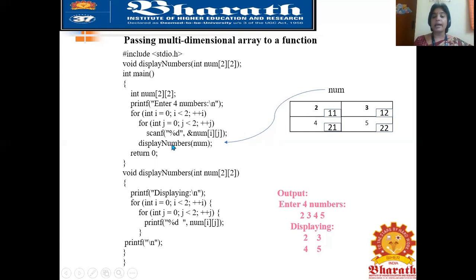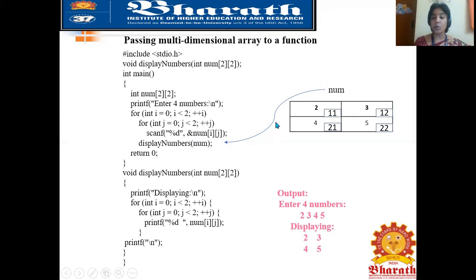Okay. Then after that, we are calling a function known as display numbers. We are just going to print whatever numbers are inside the array in the form of a matrix. For that, we are going to call a function known as display numbers. To this function, we are going to pass num, that is nothing but the name of this 2-dimensional array.